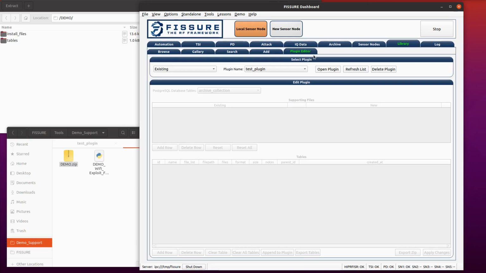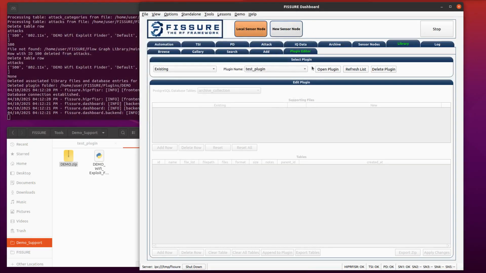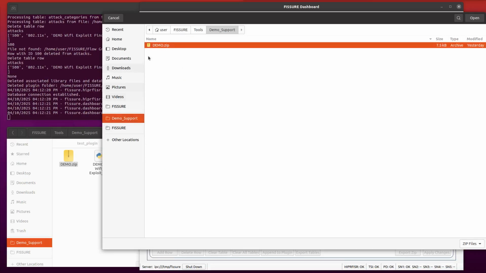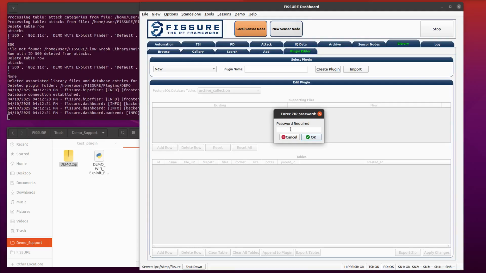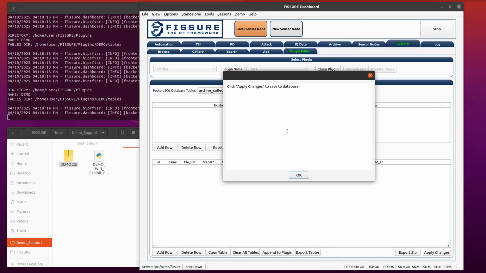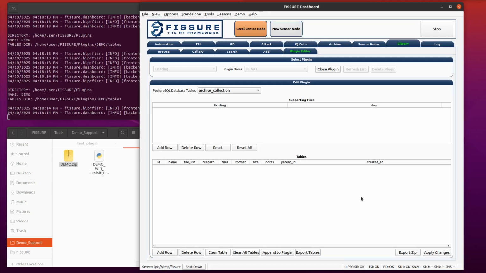But we've added this Plugin Editor tab that will help you import and export and edit the plugins while they're sitting here. So if we want to import a plugin, we just select the zip file. It'll ask you for a password because it's protected. It's optional. Click Apply Changes to Save Database. You have to click Apply because everything is happening on the